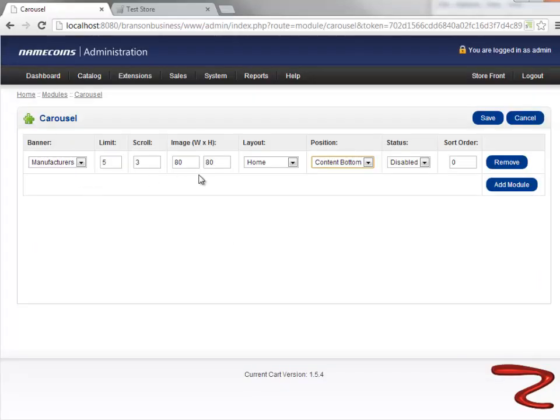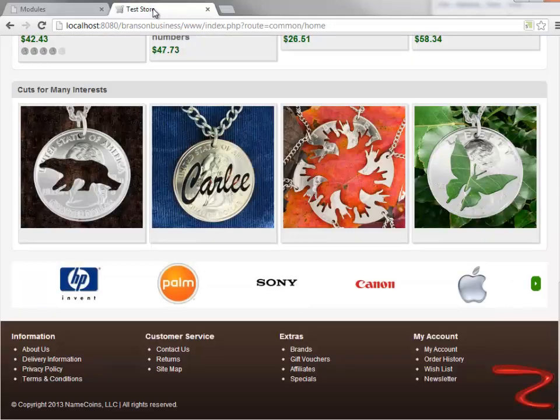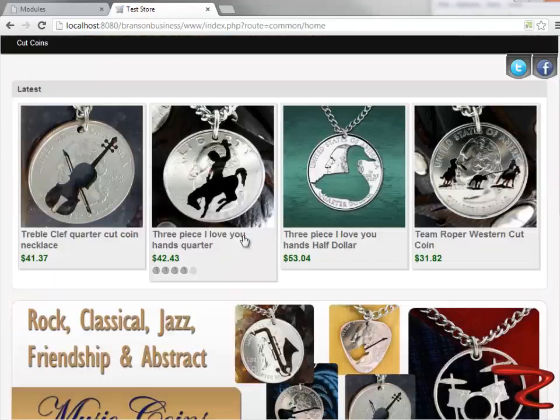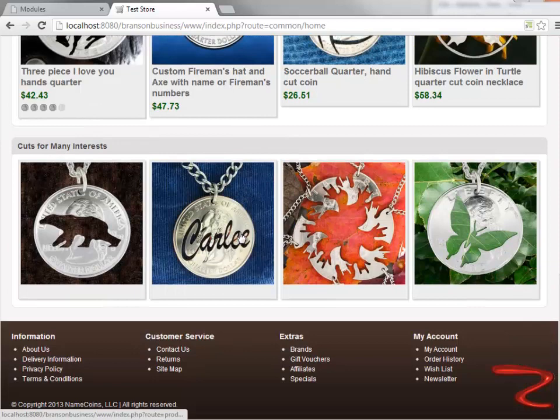I'm going to show you why that matters here in a minute, but let's save this carousel now that we've disabled it. When we save that, you'll see now when I refresh the page, there is no carousel module on our home page,